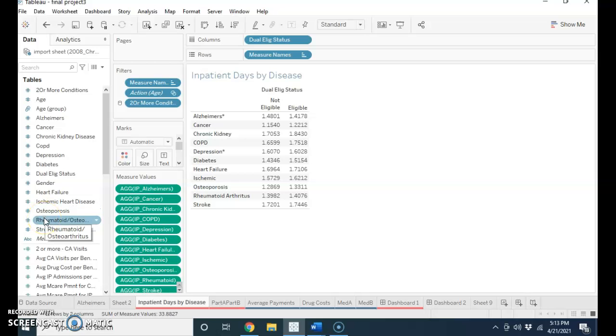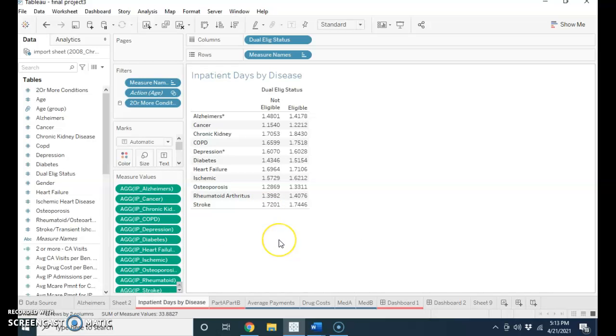The only way I could find to get around this was to create a calculated field where I first filtered out the null and zeros and then averaged the measure for only those beneficiaries who did have the chronic condition. I used this approach to build a visualization that explores average inpatient days for all 12 conditions. It was a time-consuming process to build that out, but I found it worthwhile because this turned out to be